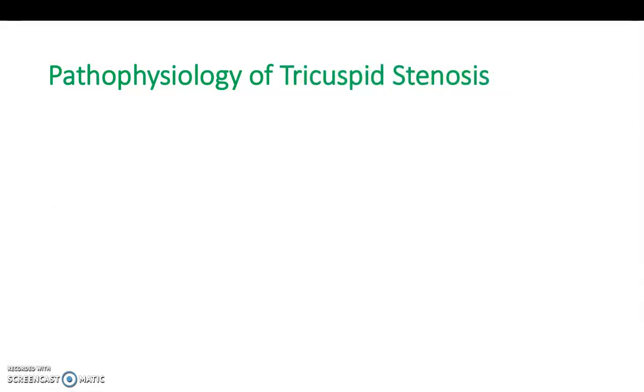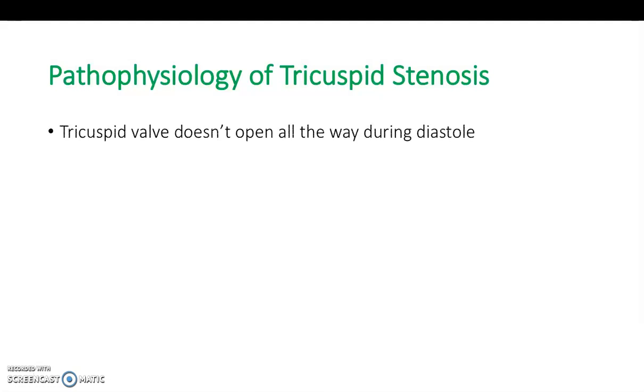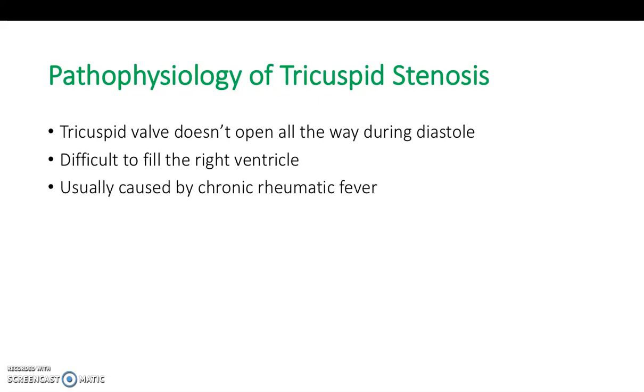So tricuspid stenosis. That's when the tricuspid valve doesn't open all the way during diastole, meaning it's difficult to fill the right ventricle with blood. It's usually caused by chronic rheumatic fever, and that usually affects the mitral and aortic valve as well as the tricuspid valve. The opening narrows, making it harder for blood to flow through from the right atrium to the